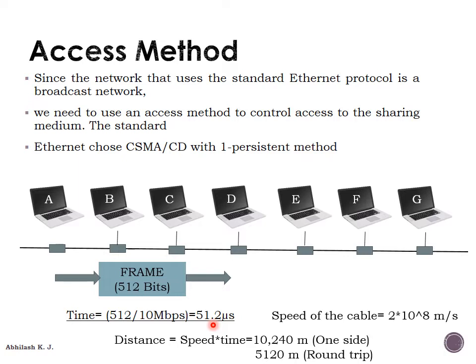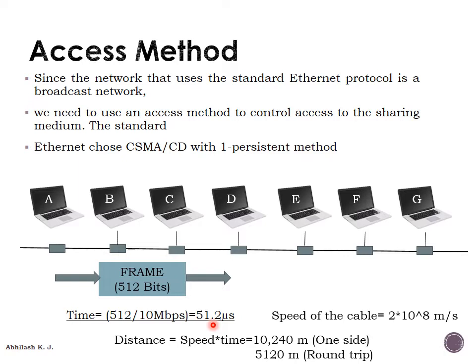Usually the designer of standard Ethernet puts a restriction on the length of the cable of 2500 meters, because we never consider the delays encountered in the transmission from one station to another station. A problem occurs when another station starts sending before receiving the first bit of station A; the other station thinks that the line is free because the first bit has not yet reached that station. The restriction on 512 bits helps in this situation.